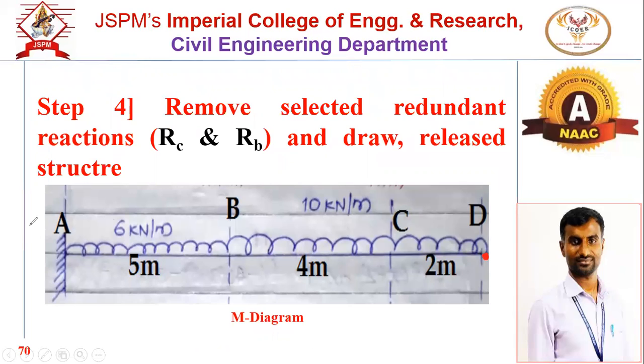Now tell me, for this particular diagram, how many zones are there? How many segments will be there? Three segments. Okay. And from where to start? Either we have to start from the right or from the left. Which will be the first zone? Tell me, which zone will you take first? CD. Very good.